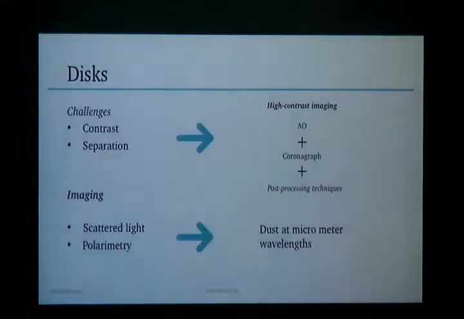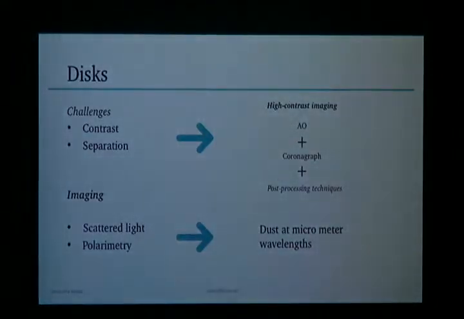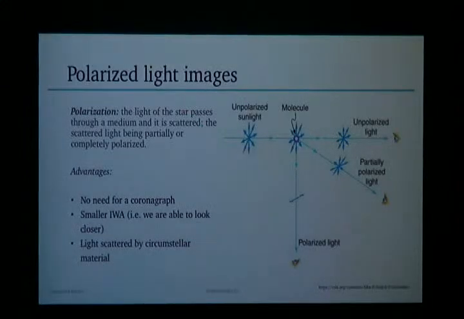So, of course, there are also some challenges in order to image disks. Again, the contrast and separation, because sometimes the disk can be cold, so it's a little bit faint, or they are small and very close to the star. So again, we use high contrast imaging and post-processing in order to retrieve these images. And we can image them both in scattered light and polarimetry in order to see the dust at the micrometer wavelength. So just to refresh your memory a little bit about polarized light,